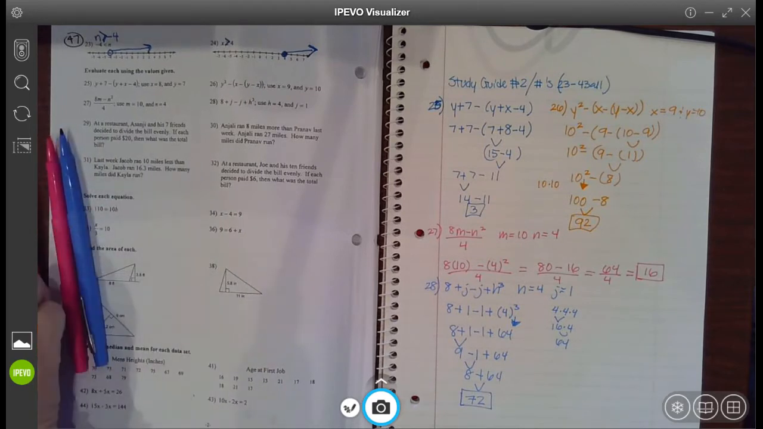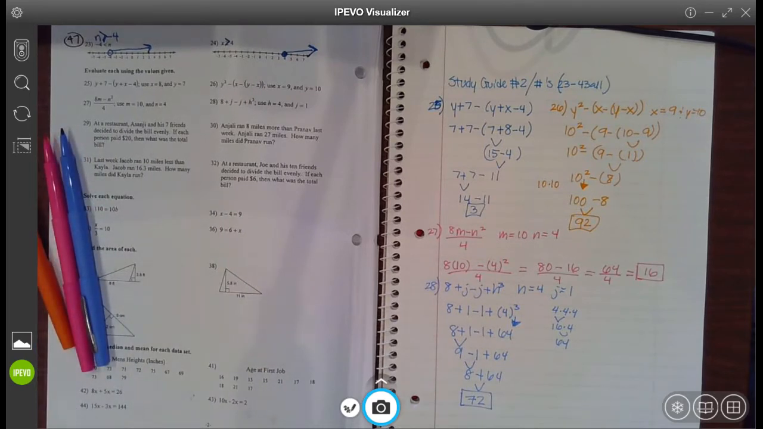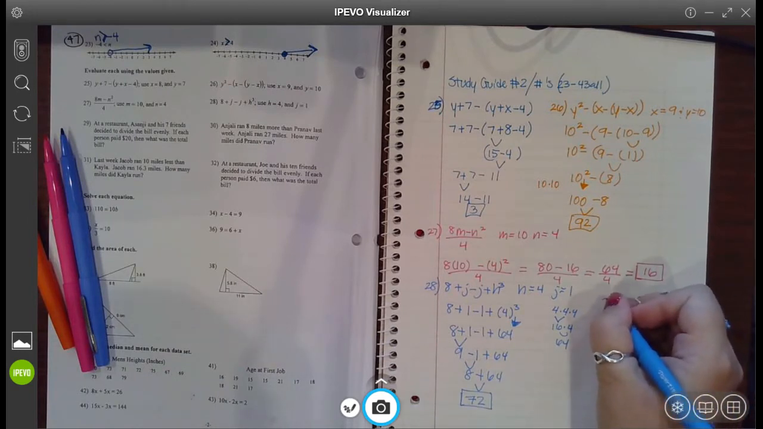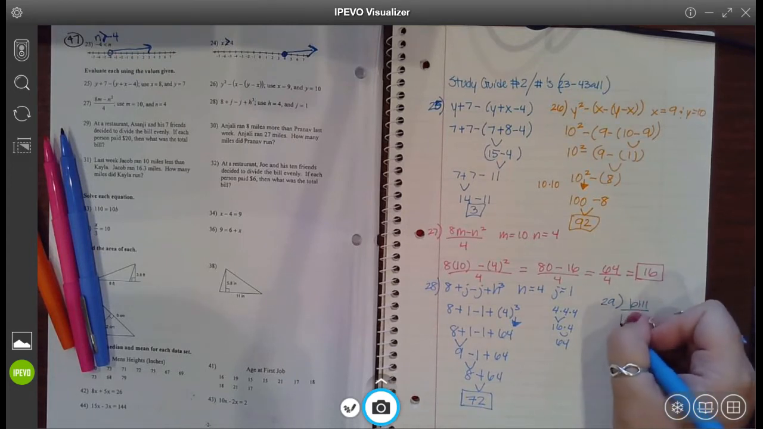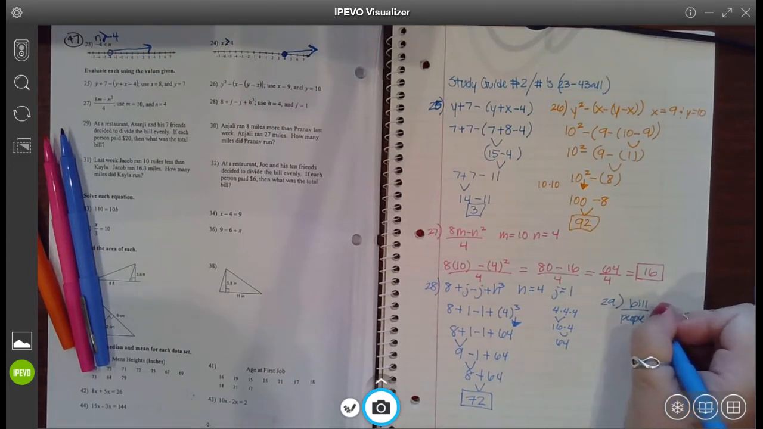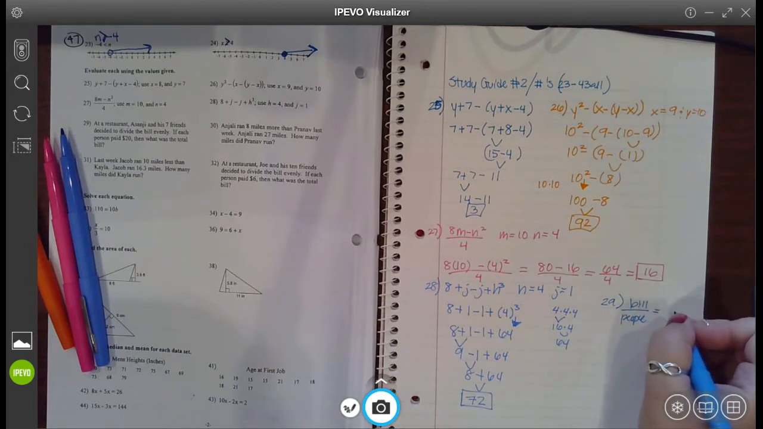Okay. For my next one, number 29, it says, at a restaurant, Asani and his friends, or his 7 friends, decided to divide the bill evenly. If each person paid $20, then what was the total bill? Okay, so think about this. What do you normally do when you go to a restaurant? Normally, you take the bill, you divide it by how many people there are, and then that equals how much each person pays,